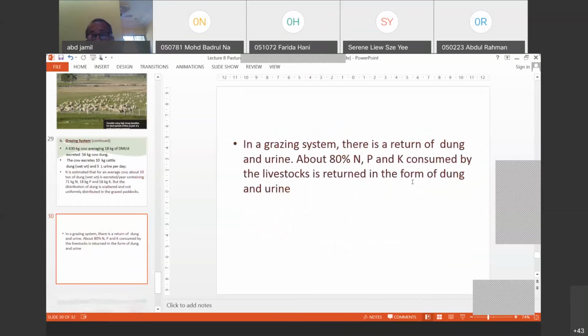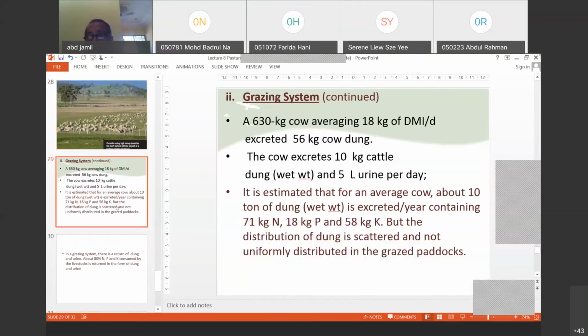Okay, you can see here that an average cow can excrete about 10 ton of dung. Okay, 10 ton on wet weight basis per year. And this contain about 71 kilogram nitrogen, 18 kilogram phosphorus, and 58 kilogram potassium